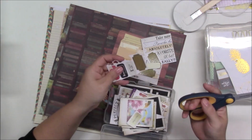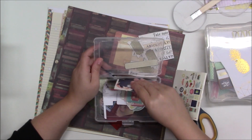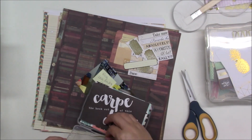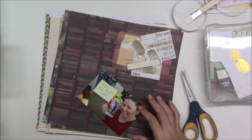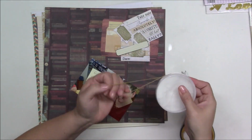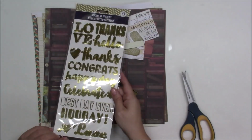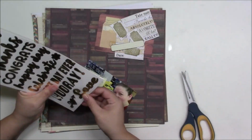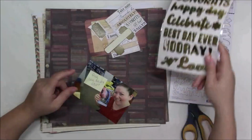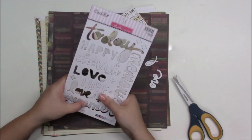So I'm just looking through my little photo iris containers and looking for some embellishments I might want to use. And I got out a couple of those labels. And the layout is going to be pretty much like no white. It's going to be browns and creams and that, and gold, of course, because I love gold. So I'm looking at those, and I am going to have a simple title, and it's going to be